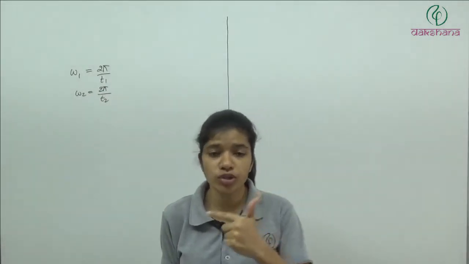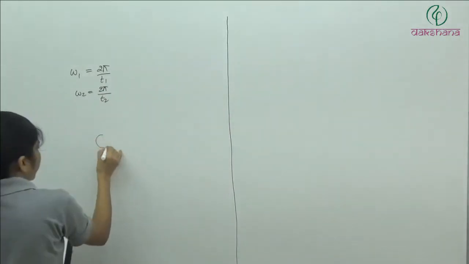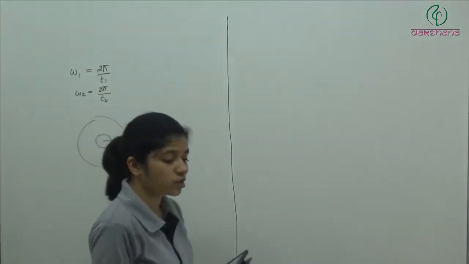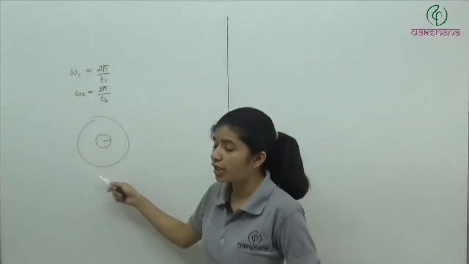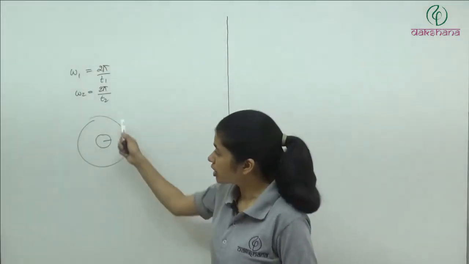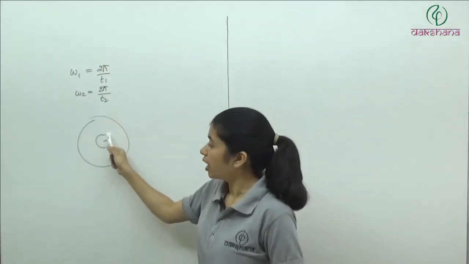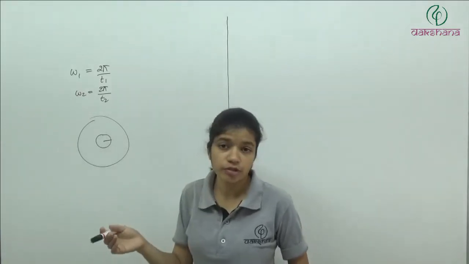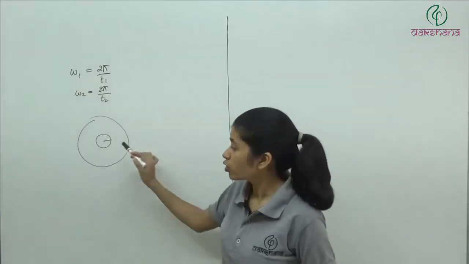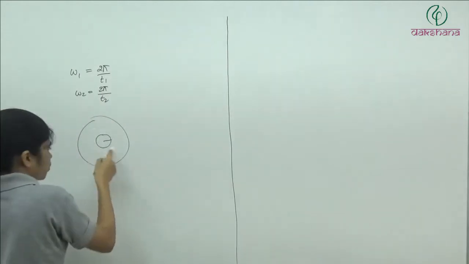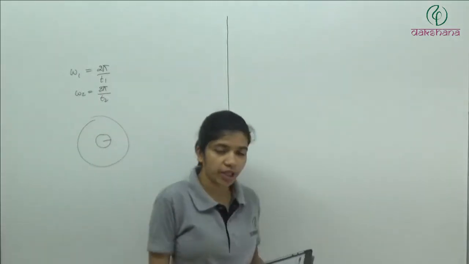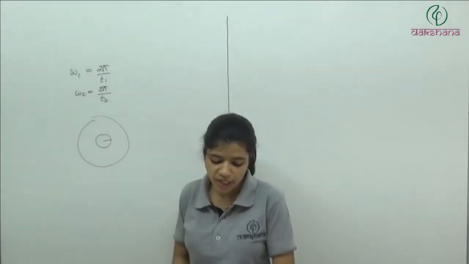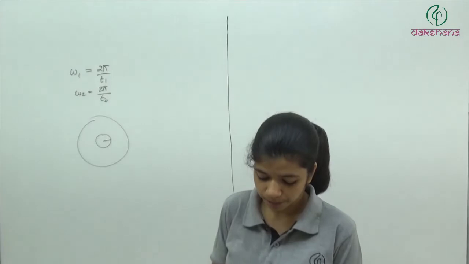Basically, we have two circles. One is of smaller radius, another one is of bigger radius. But if you talk about the angular speed, definitely their linear speed will be different, because this one covered more distance in the same time, and this one covered less distance in the same time. But if we talk about the angle, because we are talking about the angular velocity, both have completed 360 degrees in time t. So angular velocity is going to be the same. So the ratio will be 1:1.